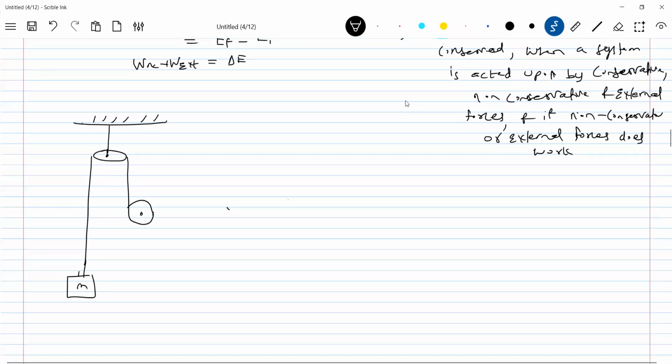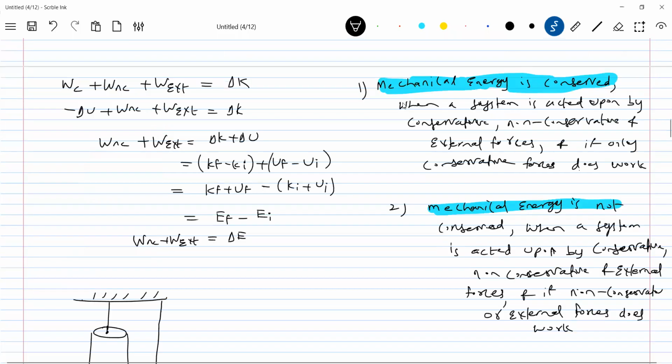Now, what we are going to explore is work done by different types of forces. What are the different types of forces we come across? Till now, what all the forces have you come across? The weight, normal contact, tension, spring force, frictional force, and some external force. I think these are the 6 types of forces here.